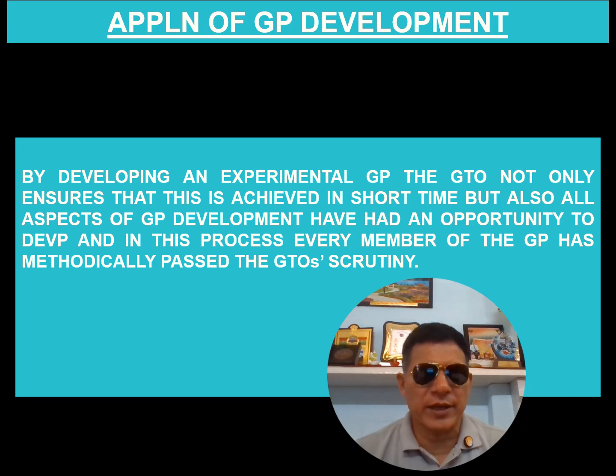इसका एप्लीकेशन क्या है कि by developing an experimental group, the GTO not only ensures that this is achieved in a short time, but also all aspects of the group development have had an opportunity to develop, and in this process every member of the group has methodologically passed the GTO scrutiny। मीन्स जो भी चीज़ ये छोटे ग्रुप में, बड़े ग्रुप में, फुल